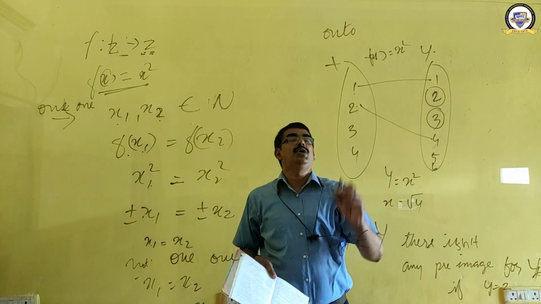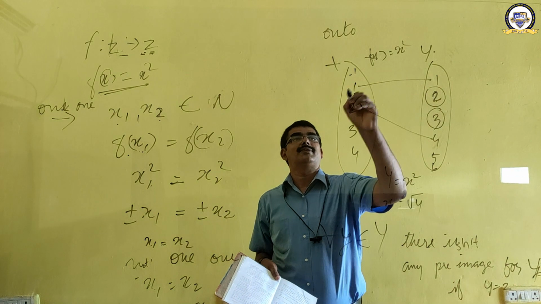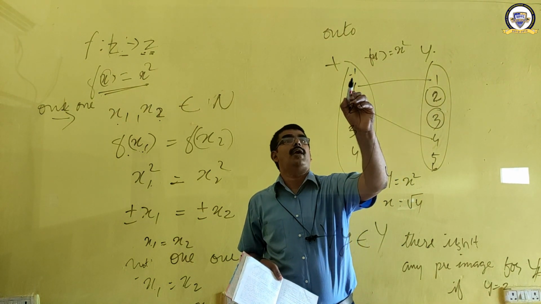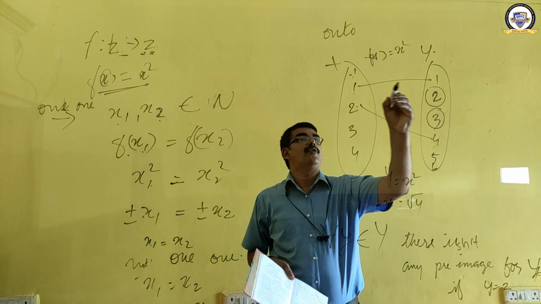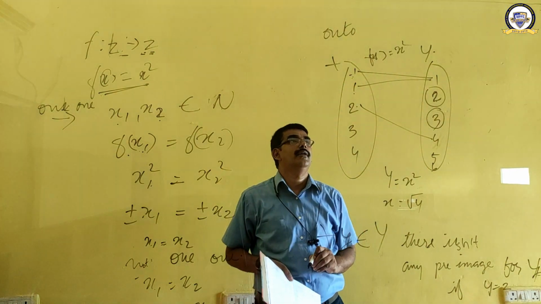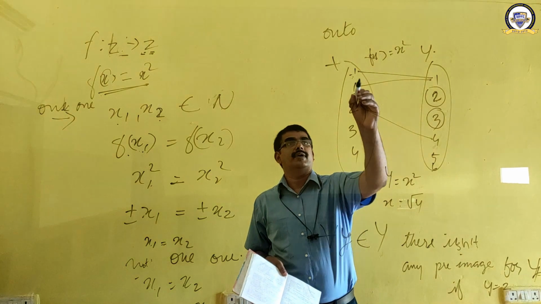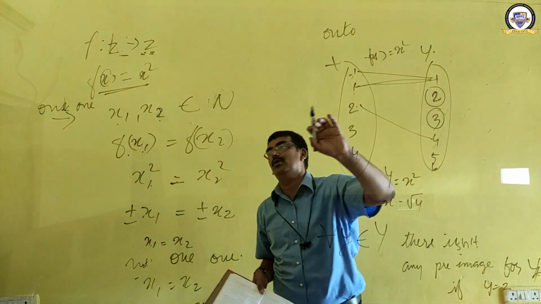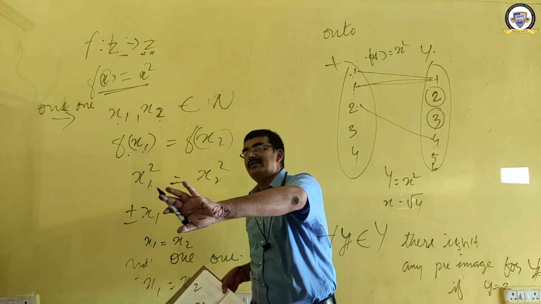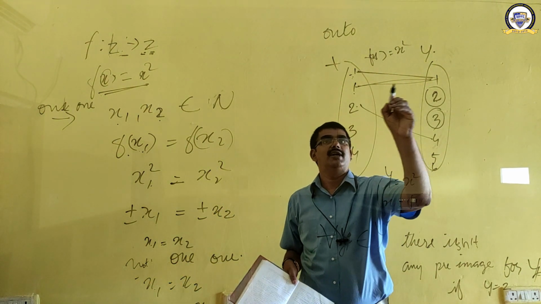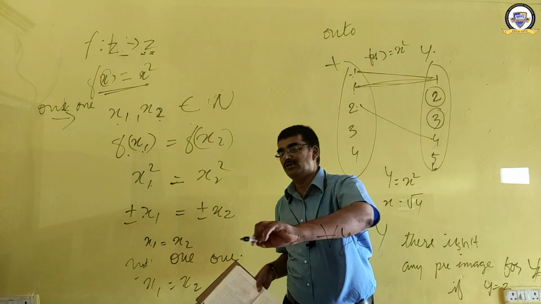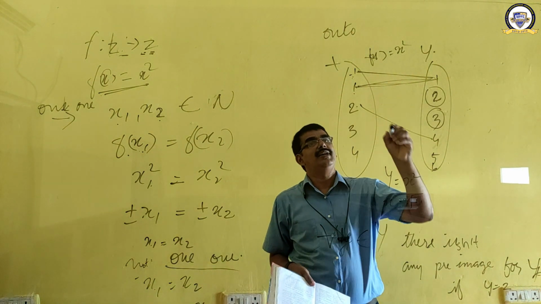Similarly, for onto, if you want to prove it, here minus 1 also you have to consider. If I take the square of minus 1, then of course you will get 1 over here, and for 1 also 1 over here. By picture also you can see that this is not 1-1, because minus 1 and positive 1 both have the same image. That should not be possible in the case of 1-1. That is why it is not 1-1.